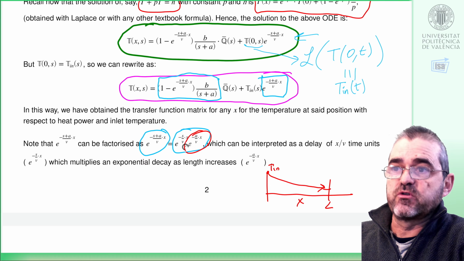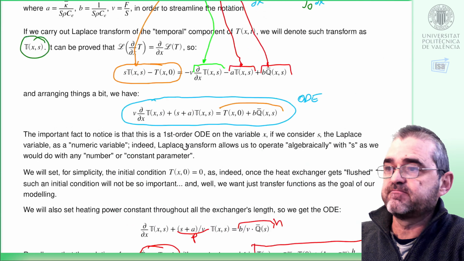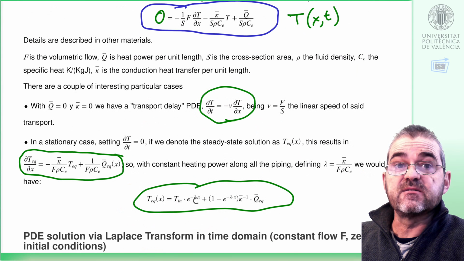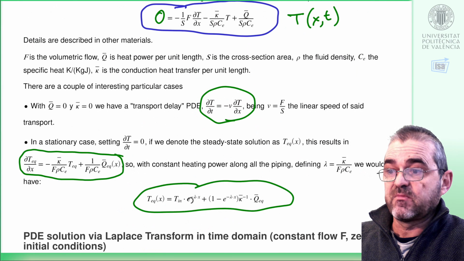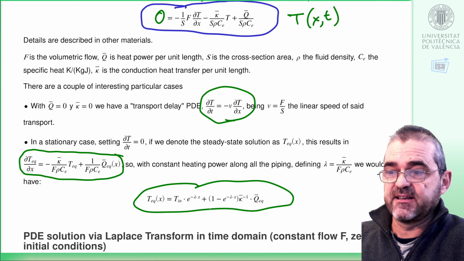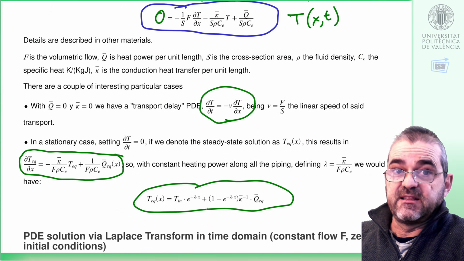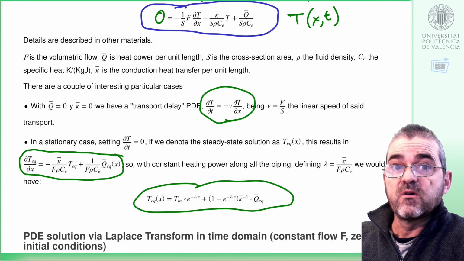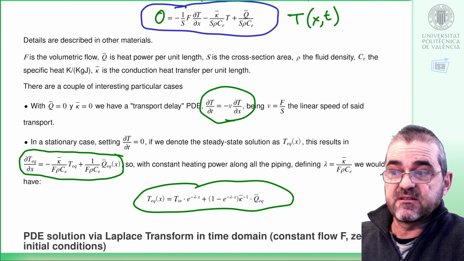So the solution with respect to the input temperature is similar to this stationary steady state temperature, but the transient adds a delay effect to this exponential decay. Of course, as the gain of a delay is 1, once the delay time has elapsed, we get